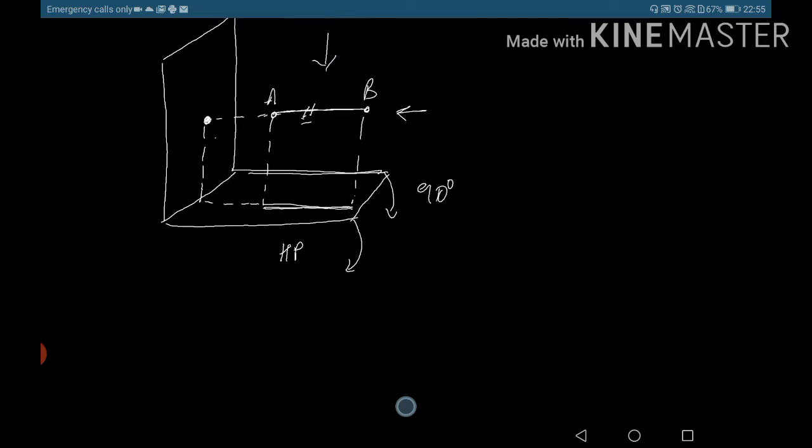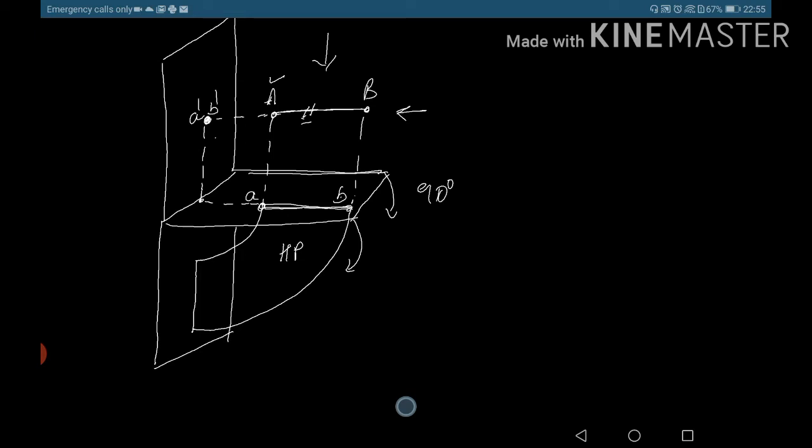This plane will go down and will reach over here. Okay, if this plane will go down, then this line will also go down. This was A, so this would be small a, capital B, small b, and here A dash B dash will coincide. If this is our A, this would be our A after rotation. Okay, this is B, this would be our B.